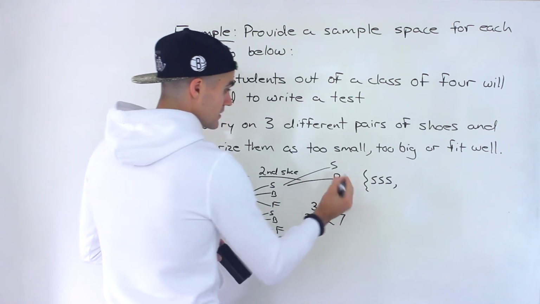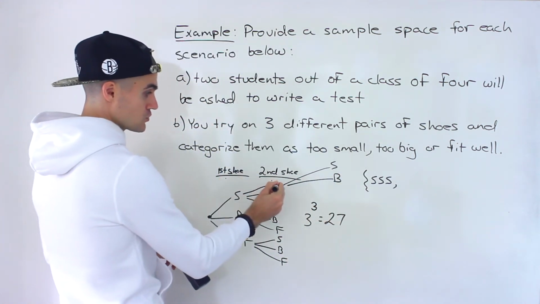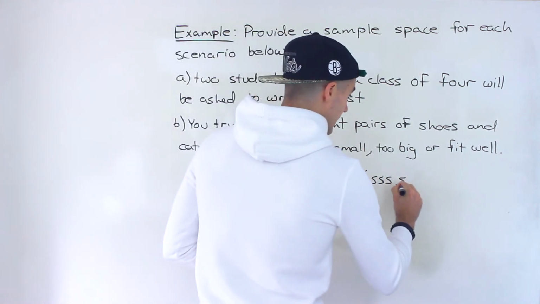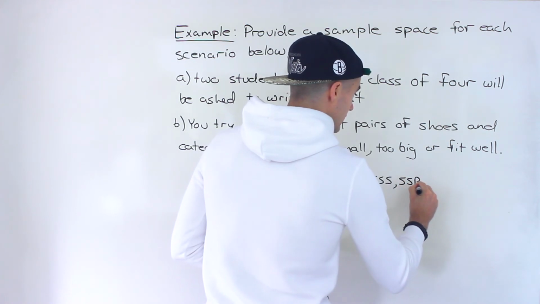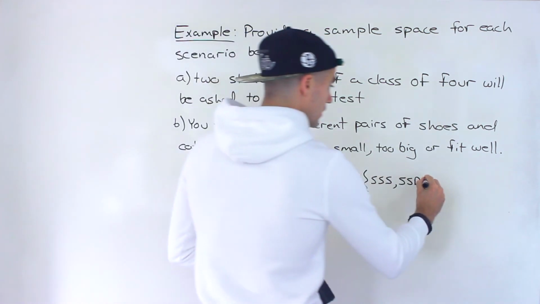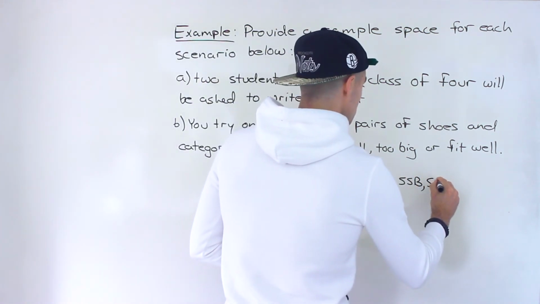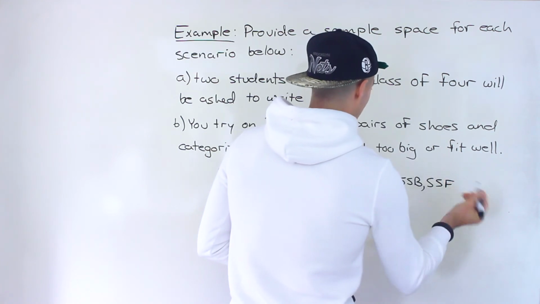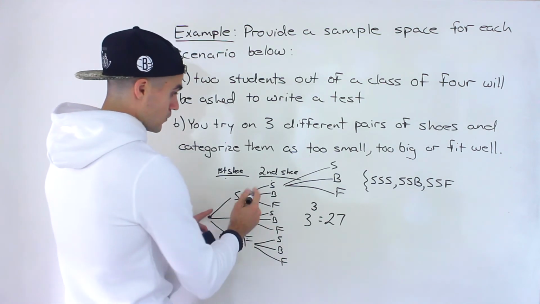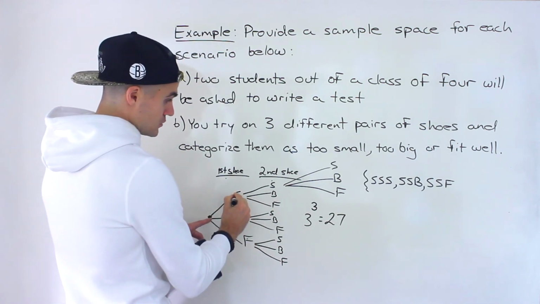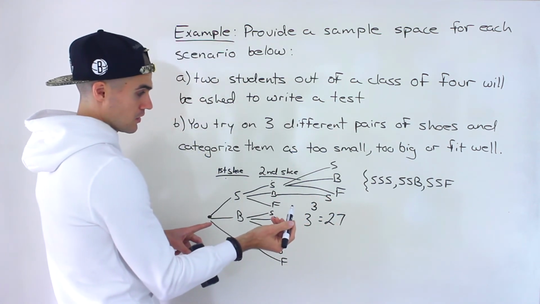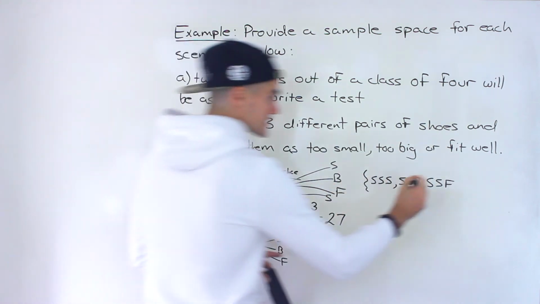Now, what would be the next branch? Well, the next branch, the first shoe and the second shoe would still be too small, but the third shoe would be too big. So then the next branch would be S, S, and B. And then the next branch would be the third shoe fits well. So the first shoe would be too small, the second shoe would be too small, and then the third shoe would fit well. And then we move down, so the first shoe would be too small, the second shoe would be too big, but then the third shoe would be too small, right? So it would be SBS,